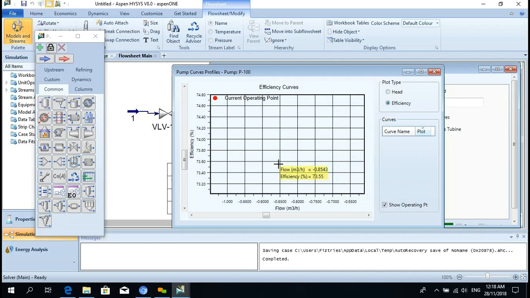We need to provide a pump curve. Who will provide this? The vendor provides it. The vendor gives us the curve, or if it is an existing pump, we have the pump data. So if we want to check the existing pump adequacy, we can use those curves and check where it will operate. The operating point, efficiency point, head, everything it will give.